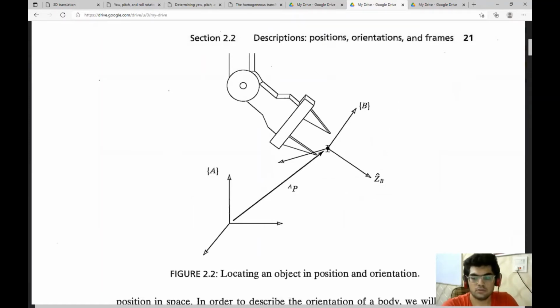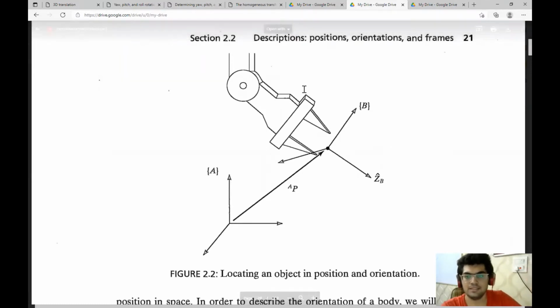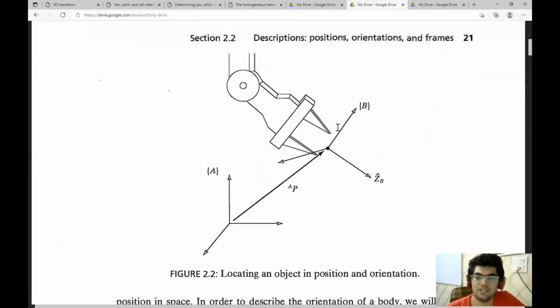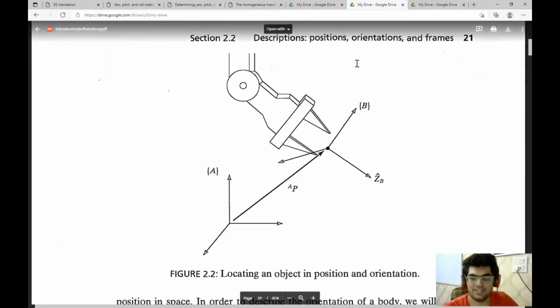In order to know the position of the robot, or we can say the end effector of the robot, in space, we need to know its position as well as orientation. Now, position can be described as this point, but the orientation is required so that we can know in which direction the robot is facing. Knowing this information is important. For instance, for a pick and place task, we can have an object that we know the position of, and we also need to know the position of the end effector to make it actually able to get to that object. So that's why it is important.